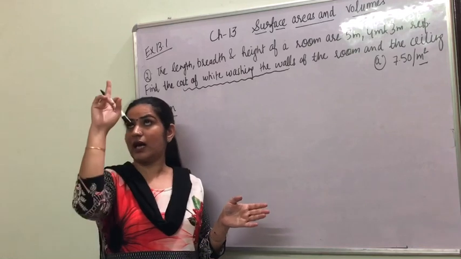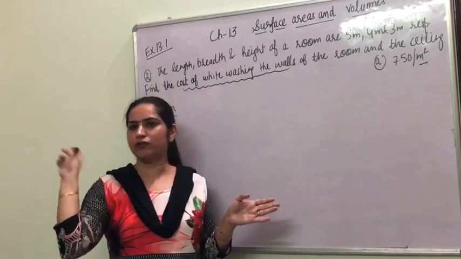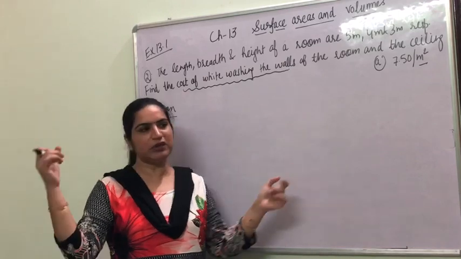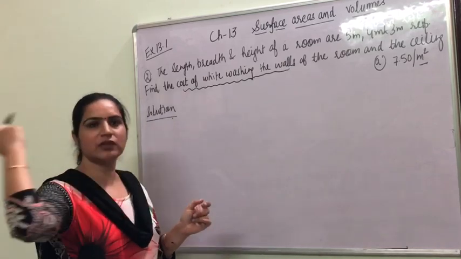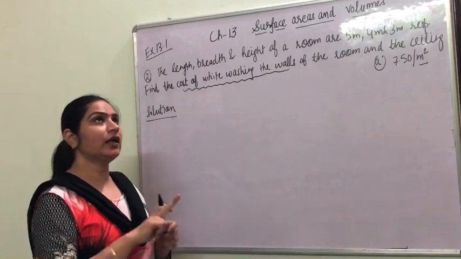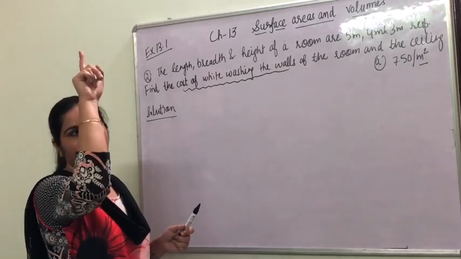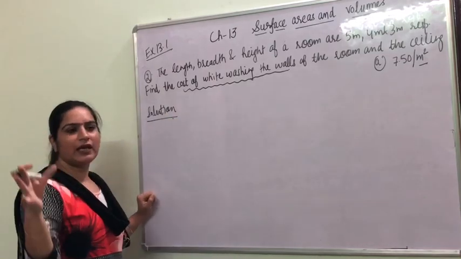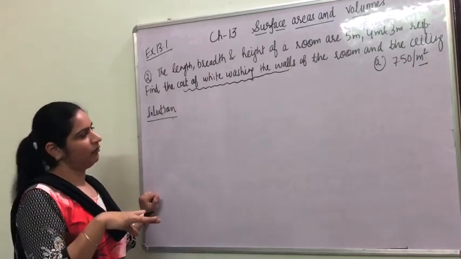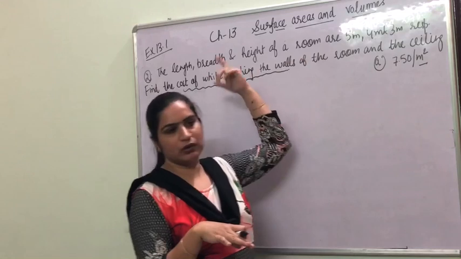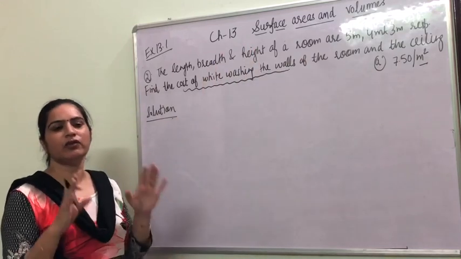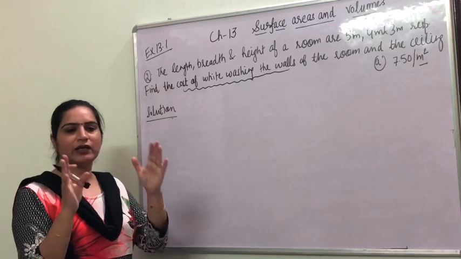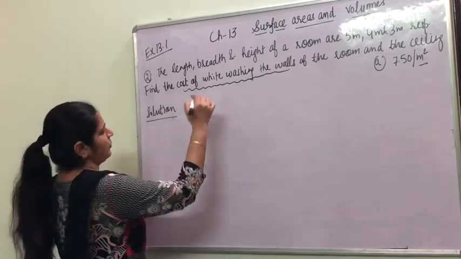As we know, if I have to whitewash this room, we have to take all the 4 walls and the ceiling, so the area of the 4 walls will be equal to twice of L plus B multiplied by H, lateral surface area, and the area of the top. Area of the top is L into B. Whatever area we get, we'll multiply with the rate to get the total cost. In this question we have to find the total cost of the whitewash, so we are finding the area multiplied by the rate.